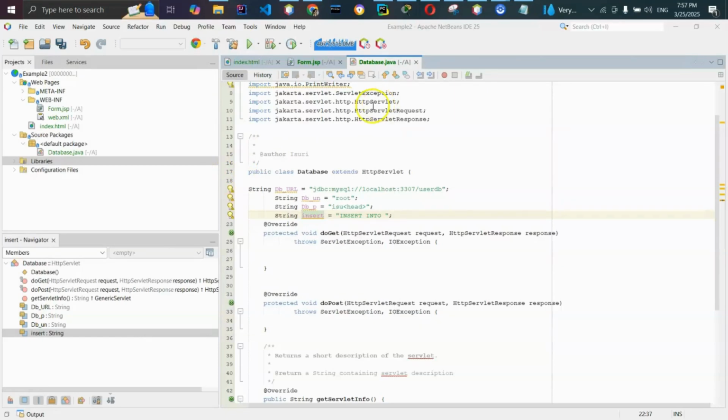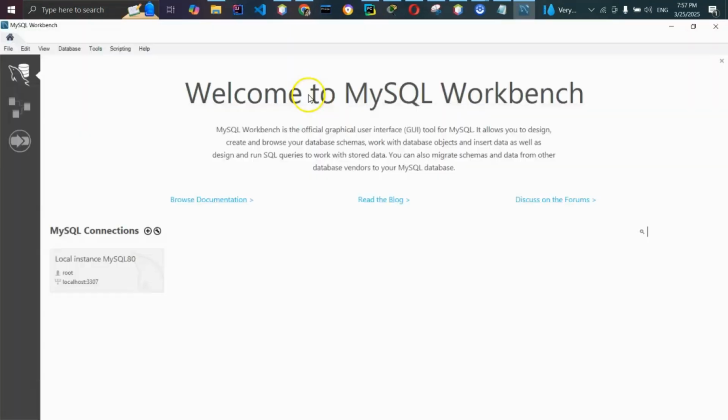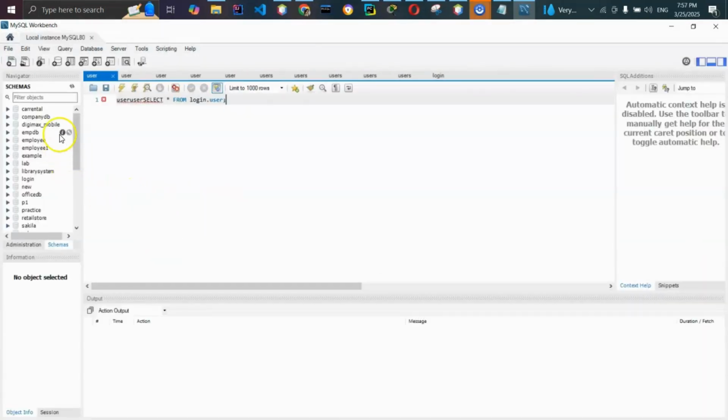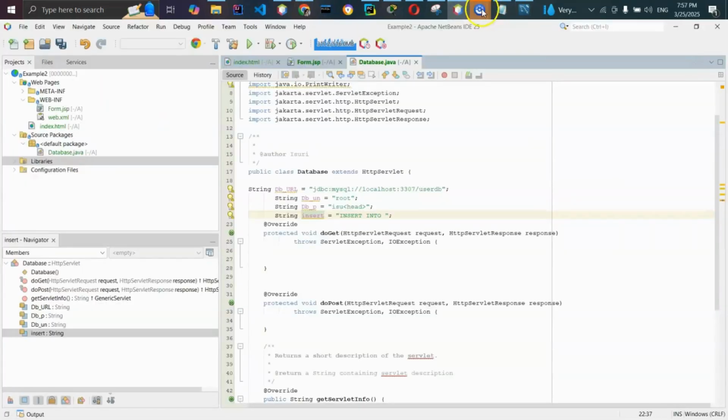User DB table. See, my port number is 3300. Use DB. Table name like users. Table name users like this, and